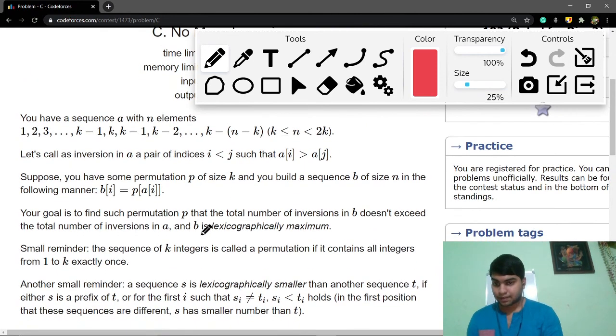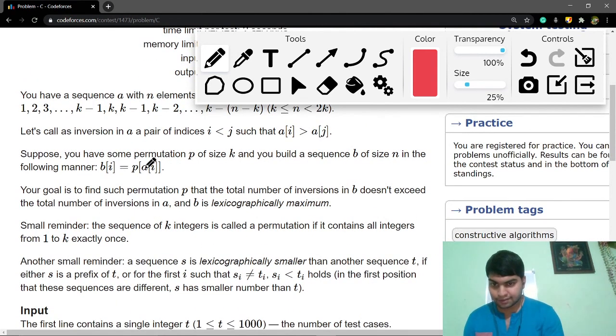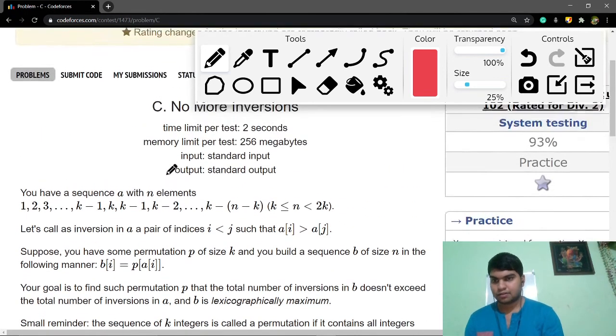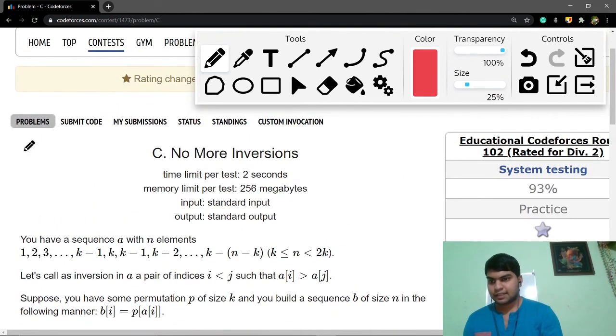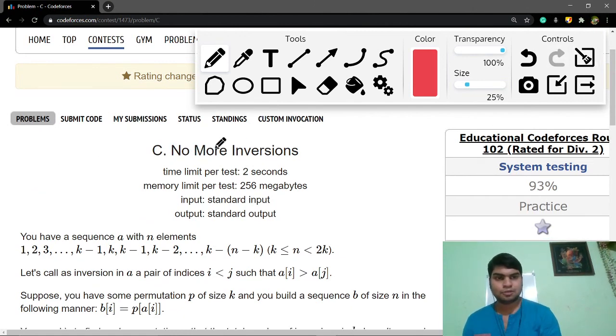Now suppose you have some permutation p of size k, and you build a sequence b of size n in the following manner. You know what a permutation is?